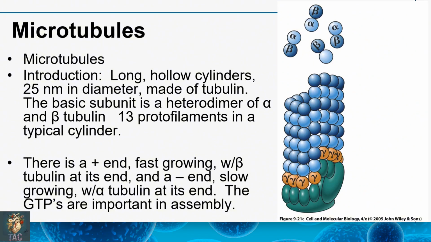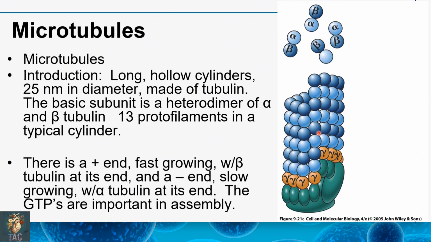Next, the third class is the microtubules. These are hollow cylinders, tubular in structure, and the outer diameter of these tubules is 25 nanometers, while the inner diameter is 15 nanometers. They are made up of tubulin molecules or tubulin dimers. The basic subunit is a heterodimer of alpha and beta tubulin. Here you can see the alpha and beta tubulin monomers combine to form alpha-beta dimers, and then they polymerize to form the